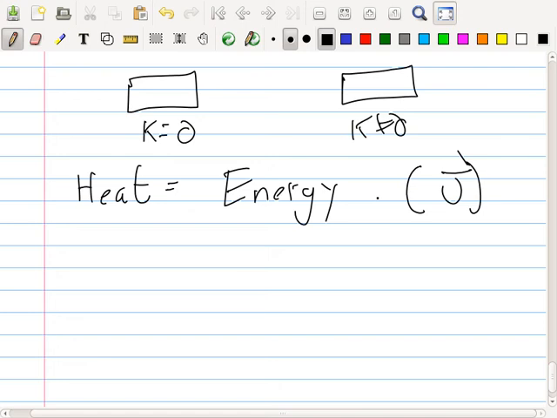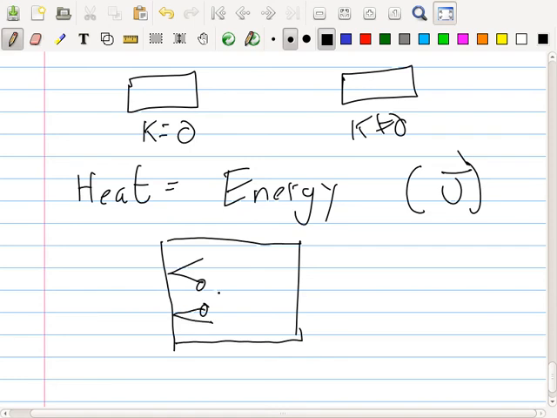Now if you think about it another way, what did we say last time about the pressure? Remember I said the particles hit off the wall when you raise the temperature. If you put your hand here, it feels warm. What you're feeling is the heat energy. But the heat energy is because of this.